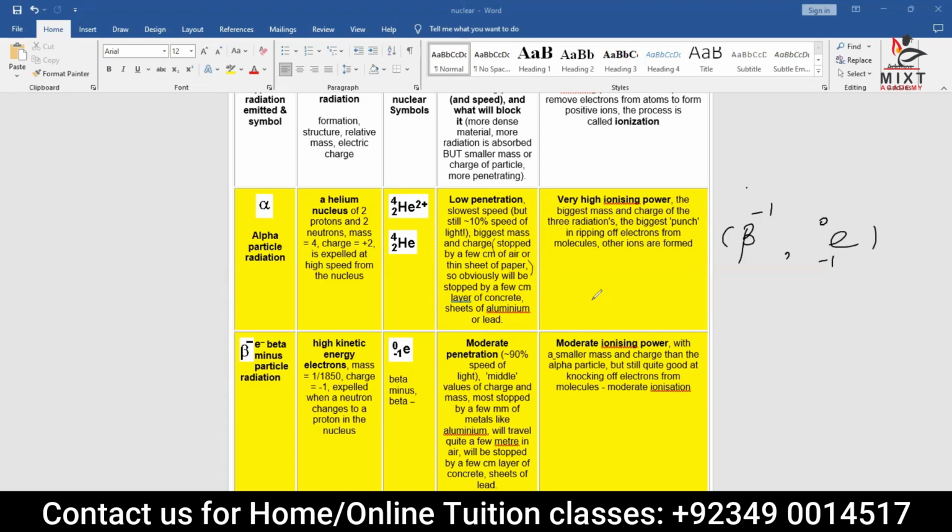You can write by this: they can be stopped by a few millimeter of metals like aluminium,